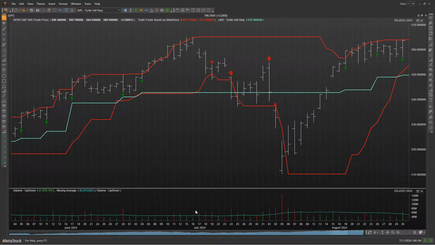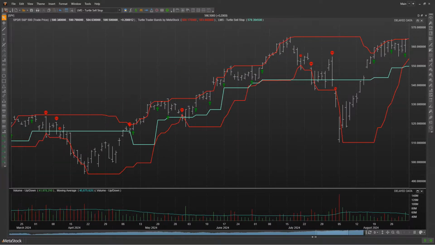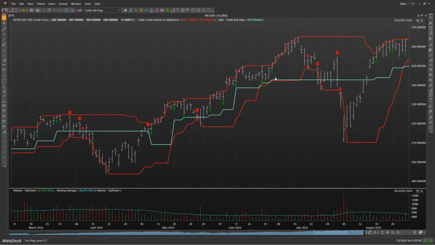Now in this situation, this blue line here, we'll zoom out just so we can see this, but this is the average true range. So if you were looking at a long position, you could look at possibly exiting out of a long position when the prices either trade down below this ATR, or average true range, or the prices trade down below this lower band. And you can see, for example, that that's actually what happened right here. You can see the prices traded down below that lower band, and you have that signal called 10 right there. This one, we have a stop because it traded below the ATR, and this one we have a stop because, again, it traded below the ATR.